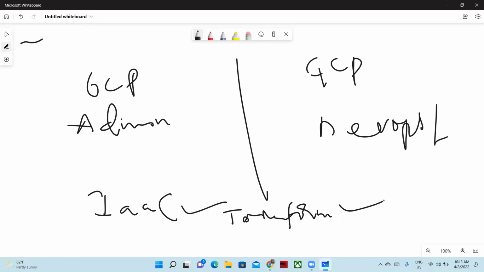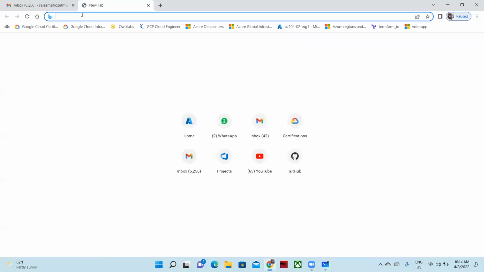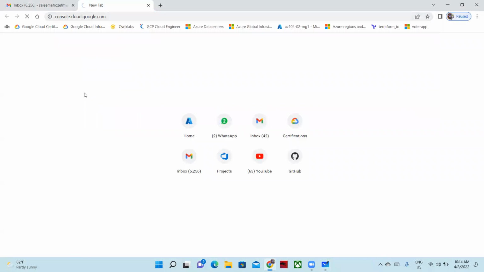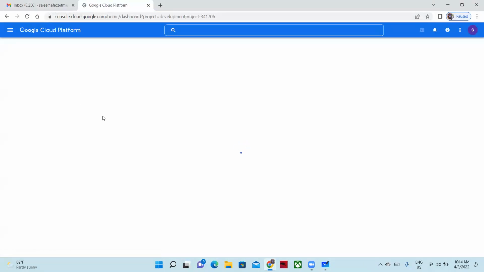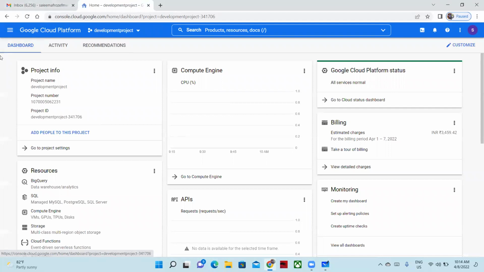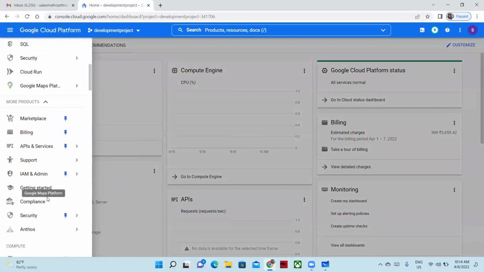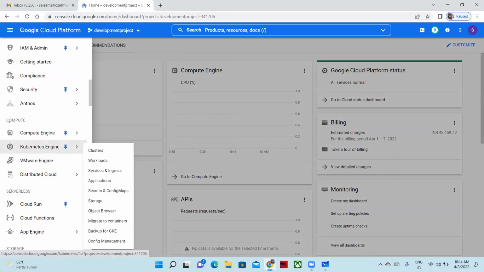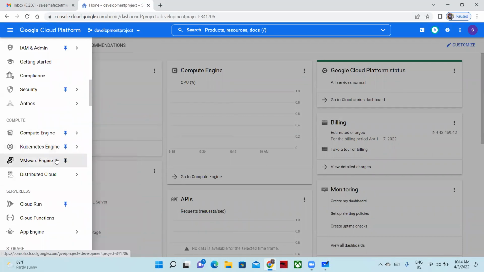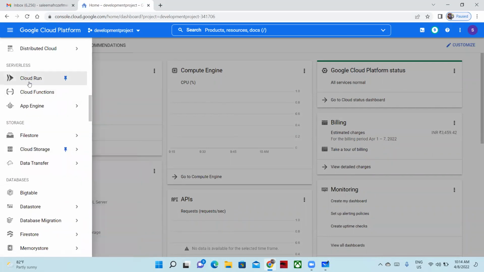So this is overall how we started the syllabus, how we started GCP administration, and how we started the DevOps part. Let me brief you by showing in the console what topics we have covered. Once you log in to your console, as I mentioned, this is the only area where we have to do any kind of administration and automation. The first module we covered is compute: Compute Engine, Kubernetes and virtual machines. The second module is serverless computing, most importantly Cloud Run, Cloud Functions and App Engine.